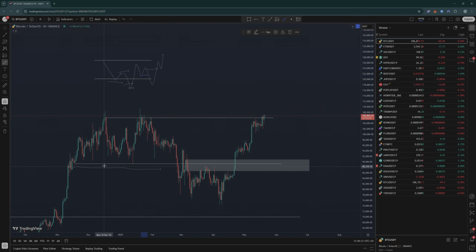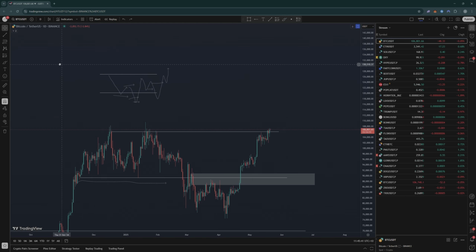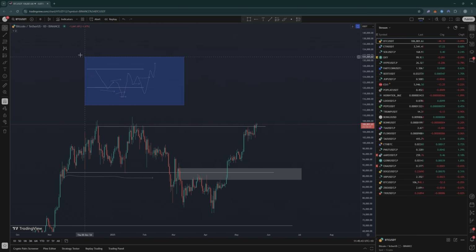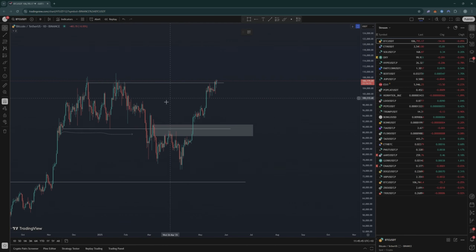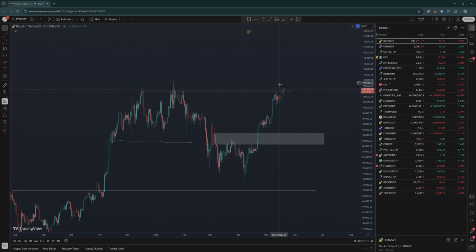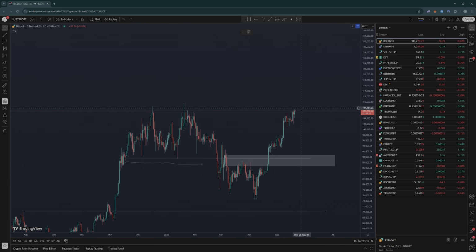We fell below this multi-month range and then we got some accumulation, breaking below the low, then breaking up above the highs that took that low. We have the accumulation right here, and now we're reaching up into resistance. It's not ever really a good idea to long into resistance unless you plan on having your invalidation all the way back below the accumulation, which is around 70K.